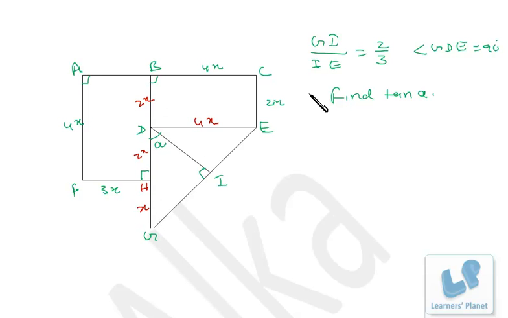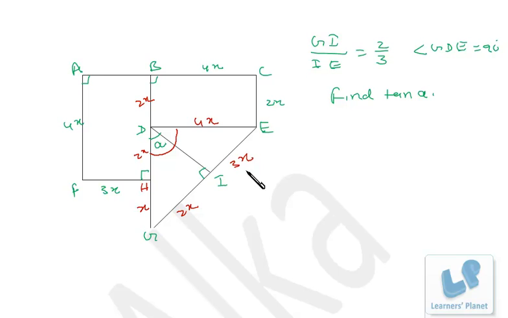Now what? GI is to IE. It's given to us as 2 is to 3. See, now this angle is 90 degree. This part is A, but this complete angle is 90 degree. That's already given. This is 3x. From D to G, this is 3x. This is 4x. That means this length must be 5x, right? Pythagorean triplets. So this complete length is 5x and GI is to IE is 2 is to 3. That means this is 2x is to 3x. Okay. 5x, if we distribute 5x into ratio 2 is to 3, it will be 2x is to 3x.